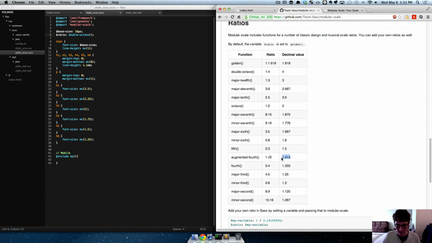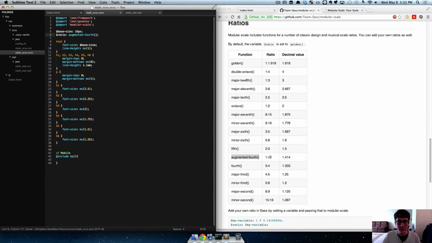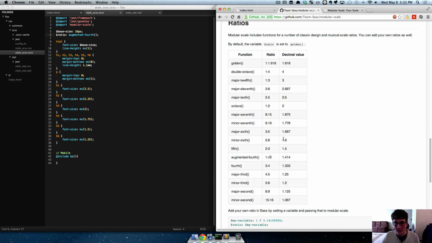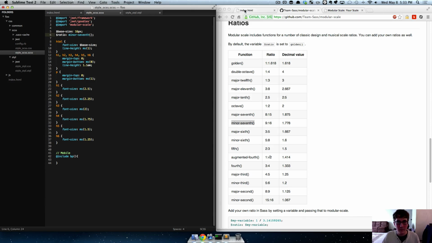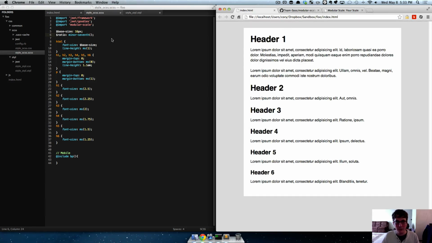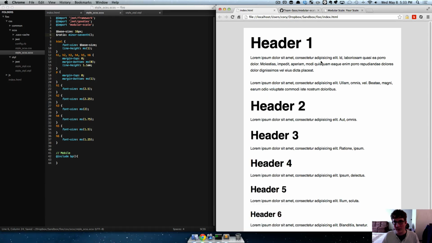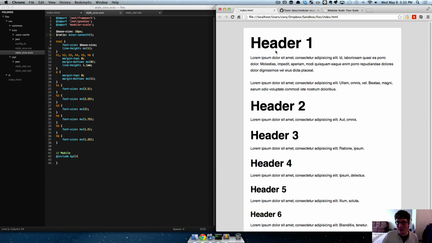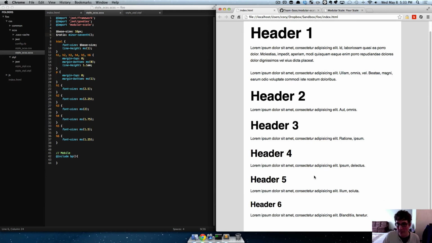If you just want to make it a little bit smaller than it was, we can copy and paste the augmented fourth over here. Refresh. If you want to make it a little bit bigger than 1.6, go to like the minor seventh. Switch over here. This is the augmented fourth, and then Control S, and we've automatically changed all of our headers to be, you know, this bigger, nicer size. So